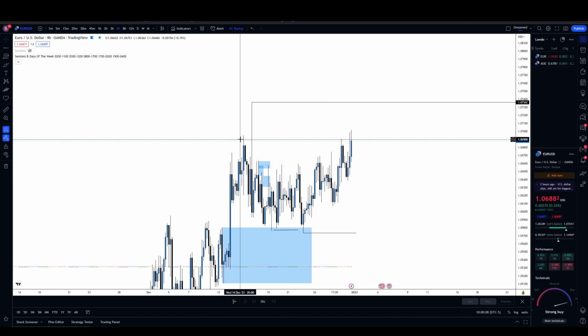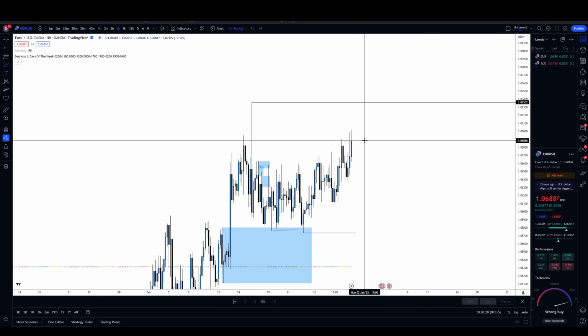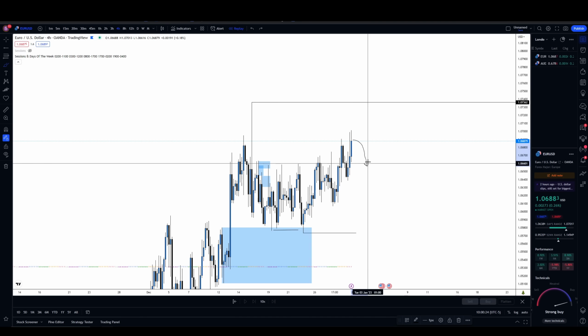And the first mistake a lot of traders will make at this point is they're not thinking about what's going to happen with this move. What is this move going to do? Well, overall, I know from experience that the market is probably going to go up and take out that low. So what I should be doing at this point is looking at the smaller time frame to catch the retracement